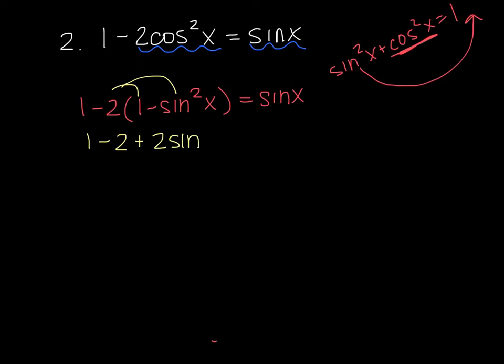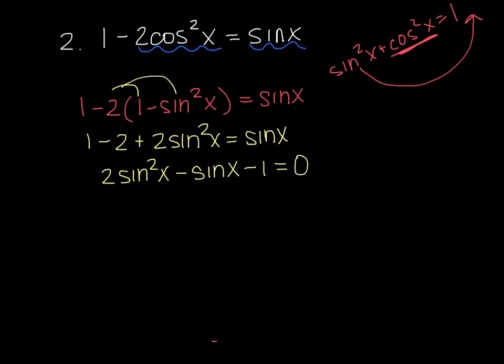And here's where I get my quadratic. Okay, now since this is quadratic, I want to definitely set this equal to 0 and put it in descending order. So I'll put my quadratic term first, minus the sine of x, and then 1 minus 2 gets me minus 1. This is factorable, so I'll go ahead and factor it